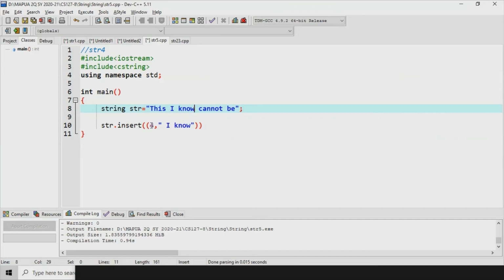After the fourth character, which is s, I'm going to insert a space and then "I know". Okay, so you may also use this. It's either 4 or 5, but make sure that if it's 5, this is without a space, but after you have the space here. Okay, so if that is the case,